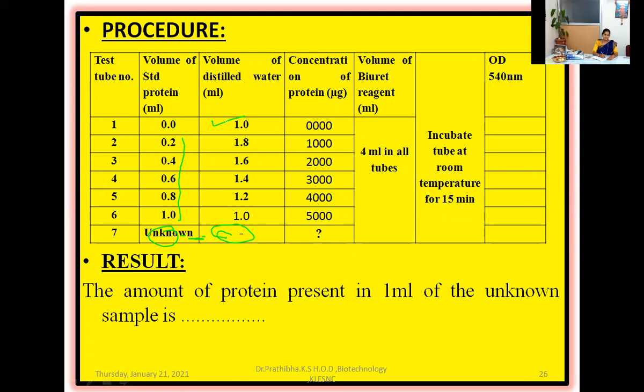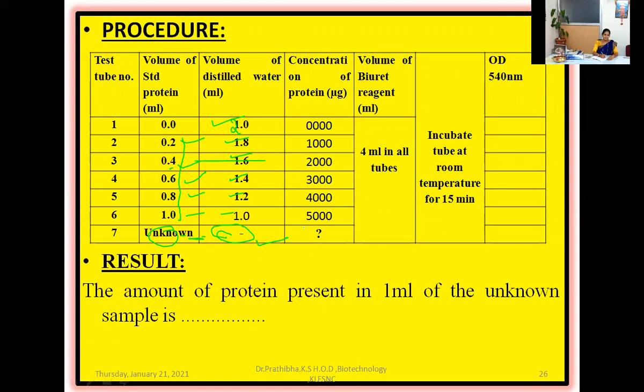Whereas in DNS we made it to 2 ml, right? Here also, sorry, you should make this 2 ml. This is not 1 ml, this is 2 ml of water, because the final volume is made up to 2 ml. So if we are adding 0.2 ml, then add 1.8. If this is 0.4, you add 1.6. If this is 0.6, then you add 1.4; 0.8, 1.2; and 1 ml, 1 ml. Because in all the test tubes you need to have an equal volume of liquid. So you make up the final volume to 2 ml here.